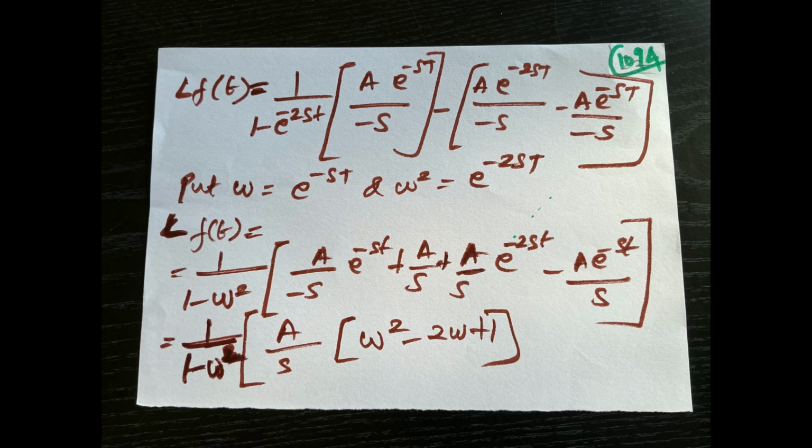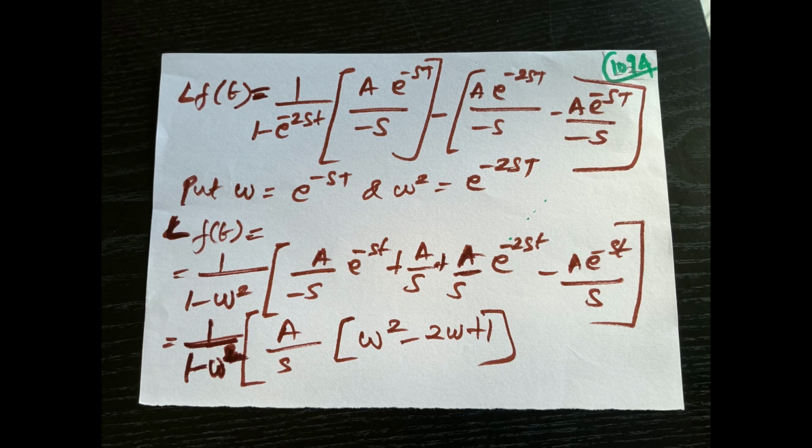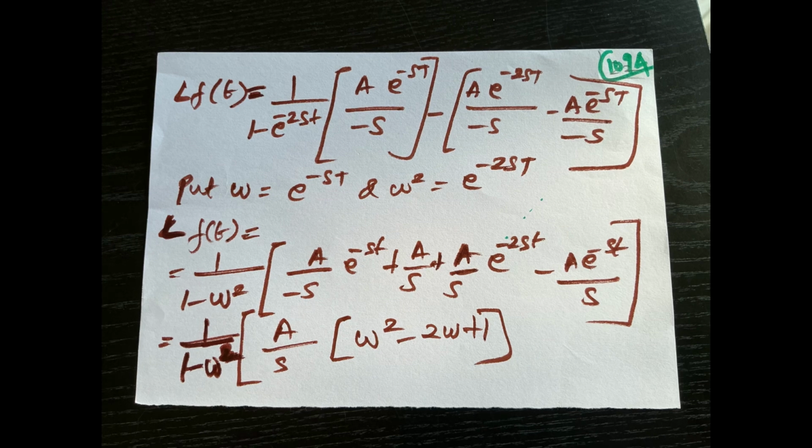That is changed into L of f of t is equal to 1 divided by 1 minus e to the minus 2sT, into a e to the minus sT divided by minus s, minus a e to the minus 2sT divided by minus s, minus a e to the minus sT divided by minus s. Put omega as e to the minus sT and omega squared as e to the minus 2sT in our equations. So L of f of t is 1 divided by 1 minus omega squared, bracket of a divided by minus s,